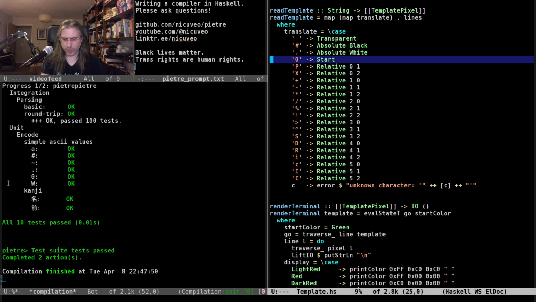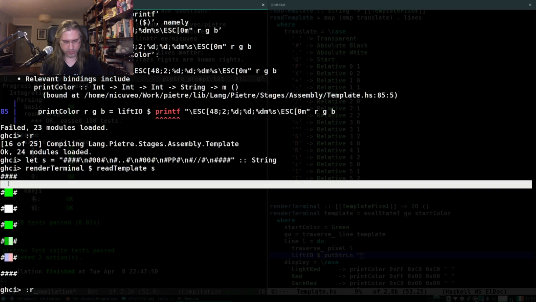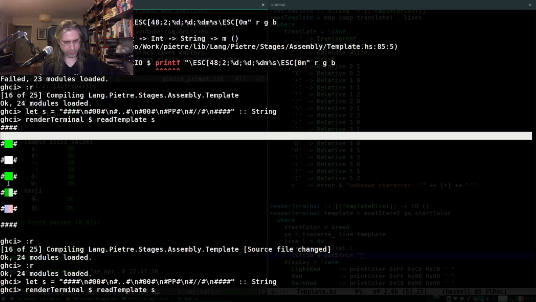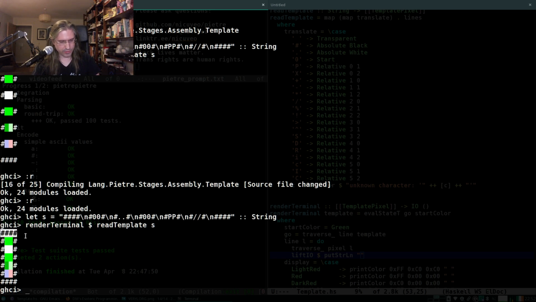Oh yes, because I'm doing a print string followed by a new line of a new line. So I just need to do this. Okay, so now we have the walls rendered as the hash sign. White is rendered normally. Transparency would be rendered as transparency. But we do have a setting color. We have here, this is...